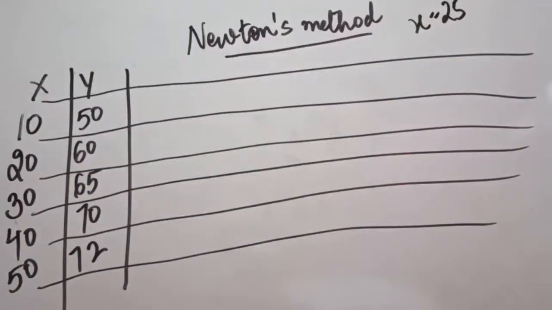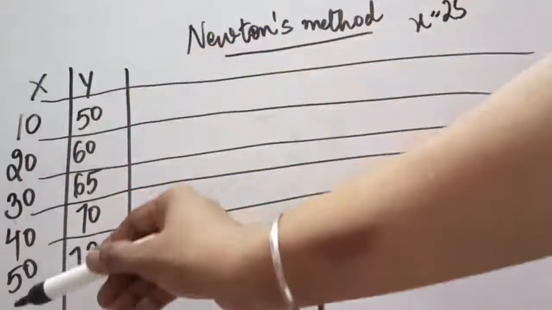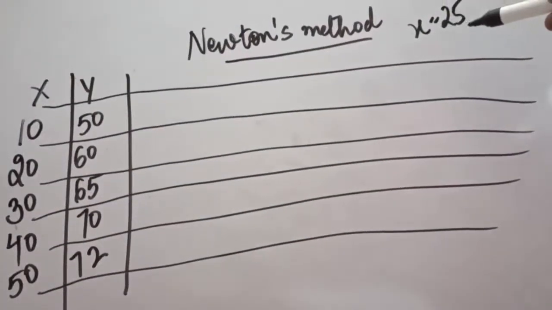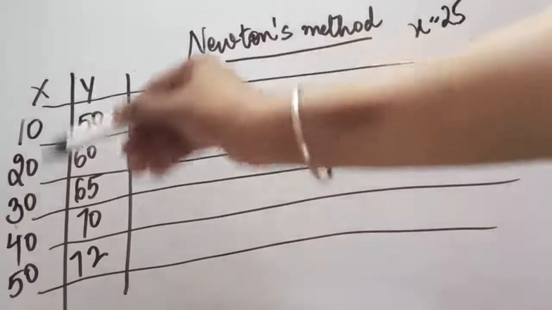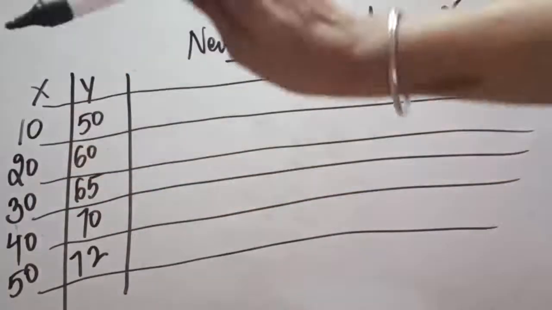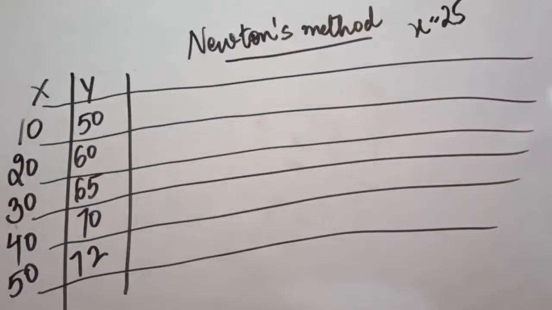So first of all, let us check the conditions whether Newton method is applicable or not. Check the x series, x is increasing by equal intervals. Second condition, the value that has to be interpolated can disturb the series. So if x comes out to be 25 here, it should not be out of the series, it is within the series. So we can apply Newton method here. And it is disturbing, we cannot apply binomial expansion method, but we can apply Newton method over there.